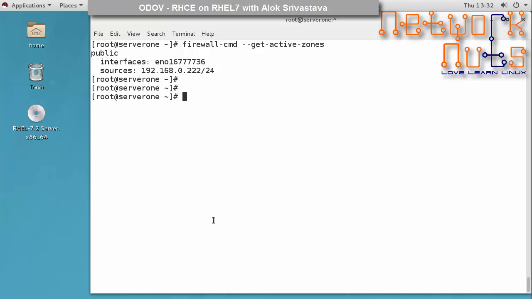Then there is something known as rich rules. If you have worked on RHEL 6 and you are familiar with iptables, then you will find rich rules very easy to understand. Rich rules actually give you, the administrator, the power to express custom rules. Like suppose I just want to allow HTTP from a particular IP,